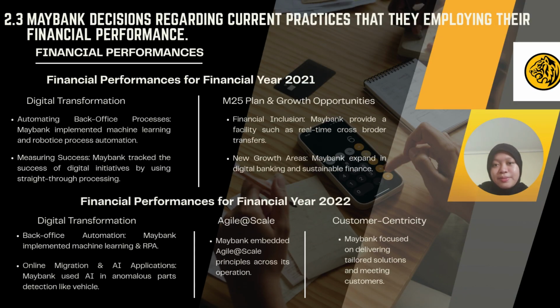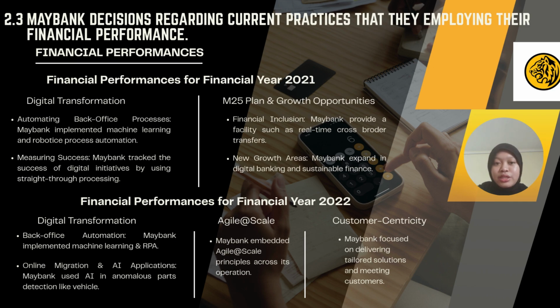This practice focused on maximizing financial health, profitability, and long-term sustainability through strategies such as cost reduction, revenue enhancement, digital transformation, and improved resource allocation. In 2031, Maybank focused on a mix of digital transformation, strategic growth initiatives, and sustainability to optimize performance while maintaining strong capital and liquidity positions.